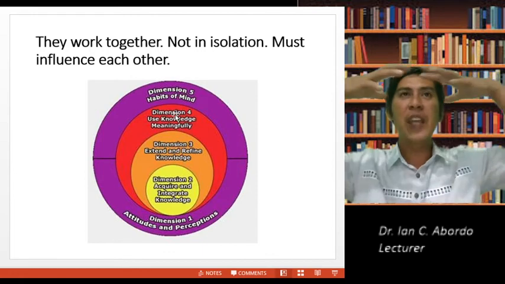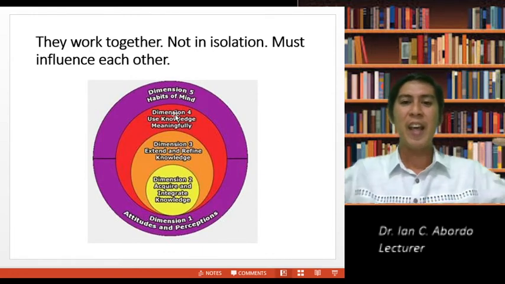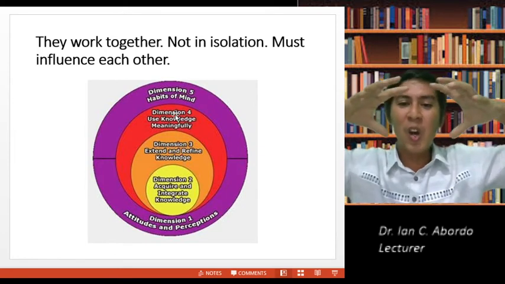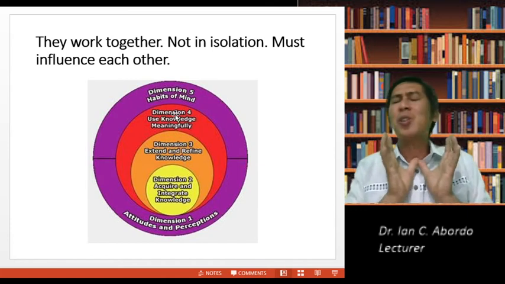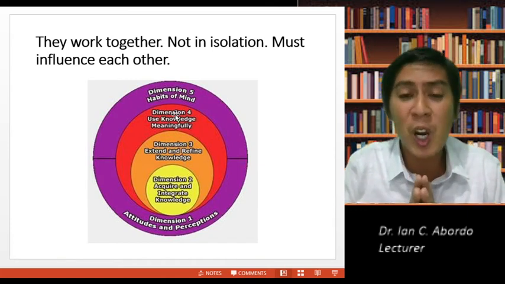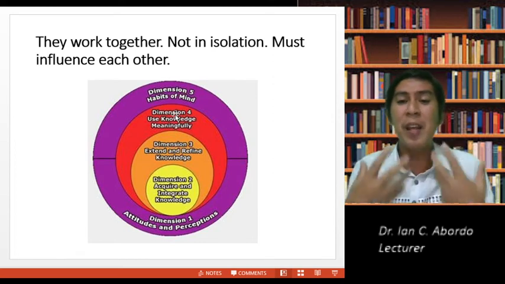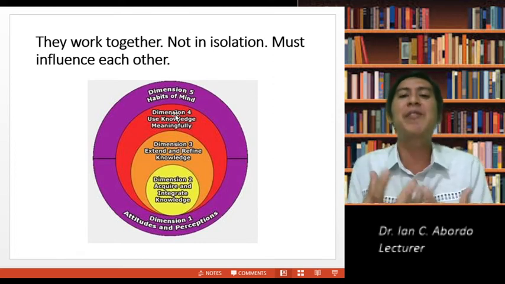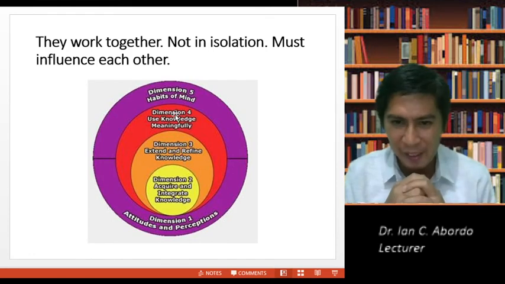That means the habits of mind, critical thinking, creative thinking, have to be used alongside the development of attitudes and perceptions. So if my attitude and perception on learning is positive, I am inspired to do the module, I am motivated, and I have those mental skills, then I can acquire and integrate knowledge.